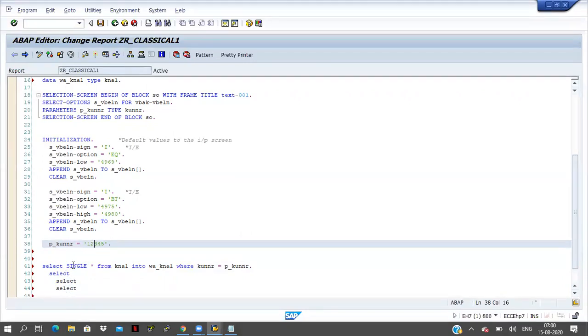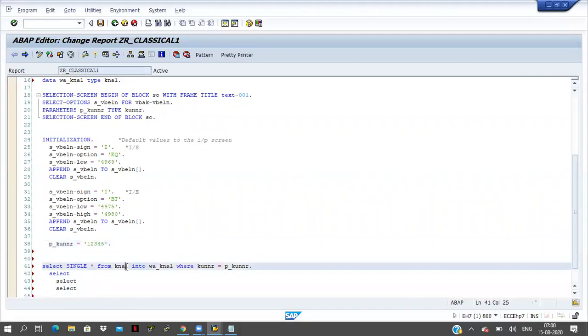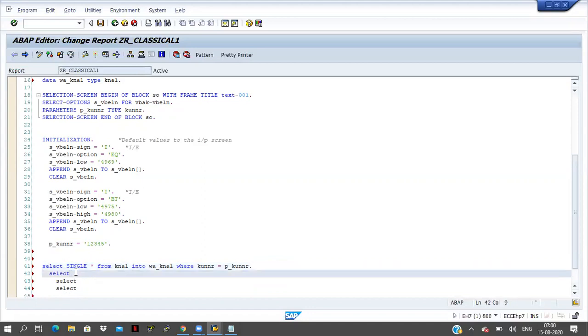First of all, it will come here. The first select query will come here, data will not be available. Then it will go to the second select query. Here also the data is not available because it is depending on the first one, that is why it won't fetch anything. The third select query also won't fetch anything. The fourth select query also won't fetch anything. See how much time is wasting here.